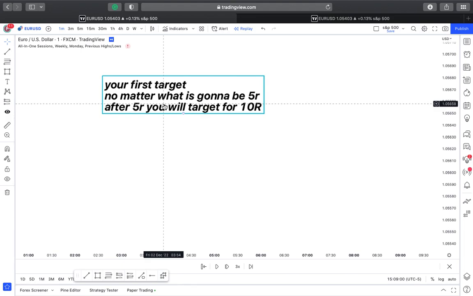I will prefer you guys to go with the 70%, because you're like totally beginners with this method, right? I know most of you are using the ICT concept, but if you are totally beginner with this method, so what you're gonna do is you're gonna aim for 5R, and after 5R 10R. And there's another thing,